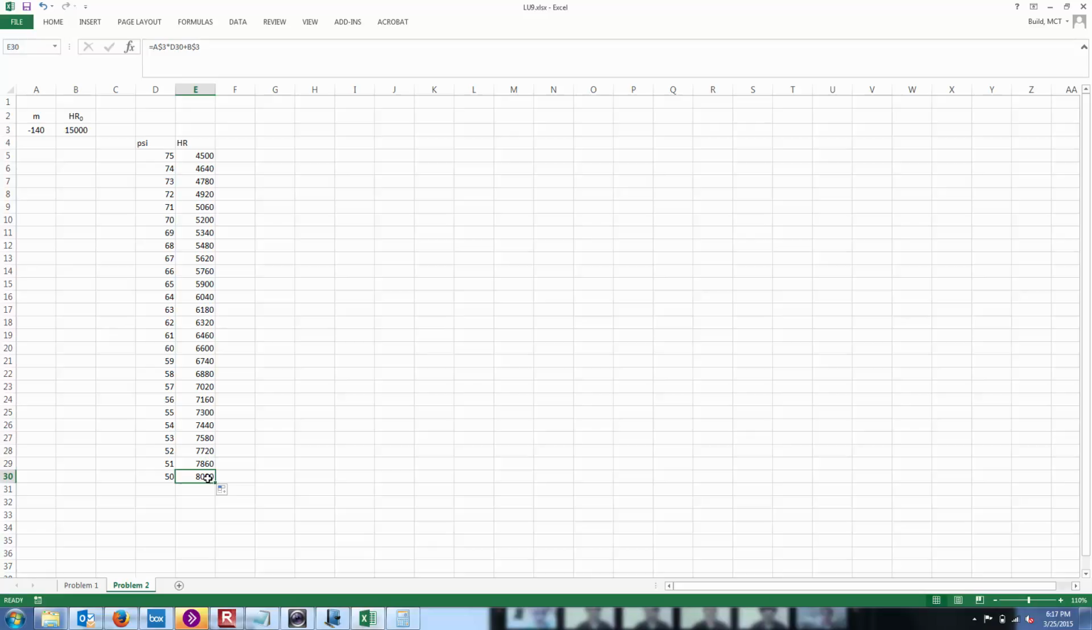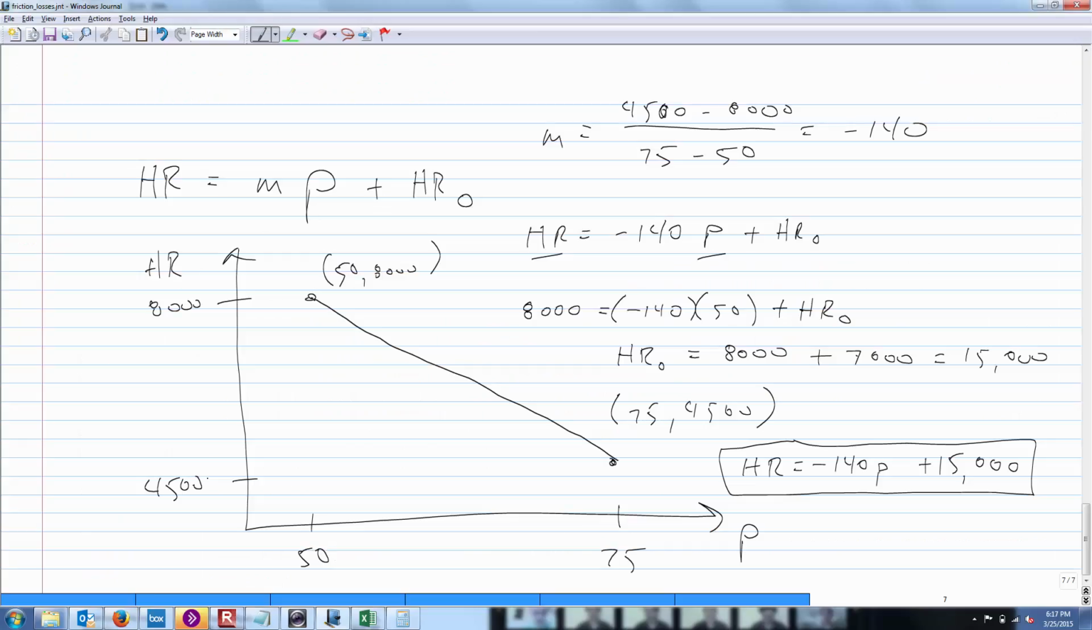BTUs per kilowatt. So, yeah, as we get less pressure, we're going to have a higher heat rate, which is actually inefficient because we're putting more BTUs in to get fewer kilowatt hours. Because remember, let's just go back to the physics of this problem. What's going on is we've got